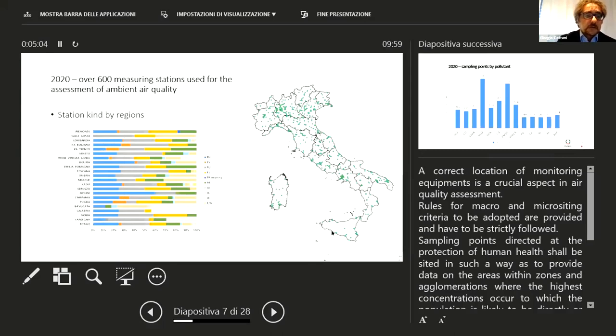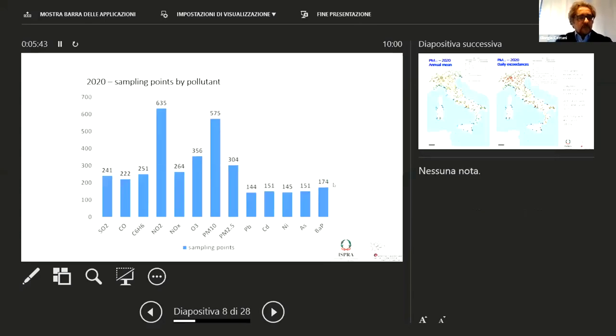Then we have background monitoring stations that are more related to the assessment of exposure of population, urban, suburban, and then we have rural stations that are far away from the main sources. And moreover, we have also industrial stations that are devoted to the assessment of quality around the main industrial settings. We have more than 600 measuring stations, and not all the pollutants are monitored in each station, but we have these figures of sampling points